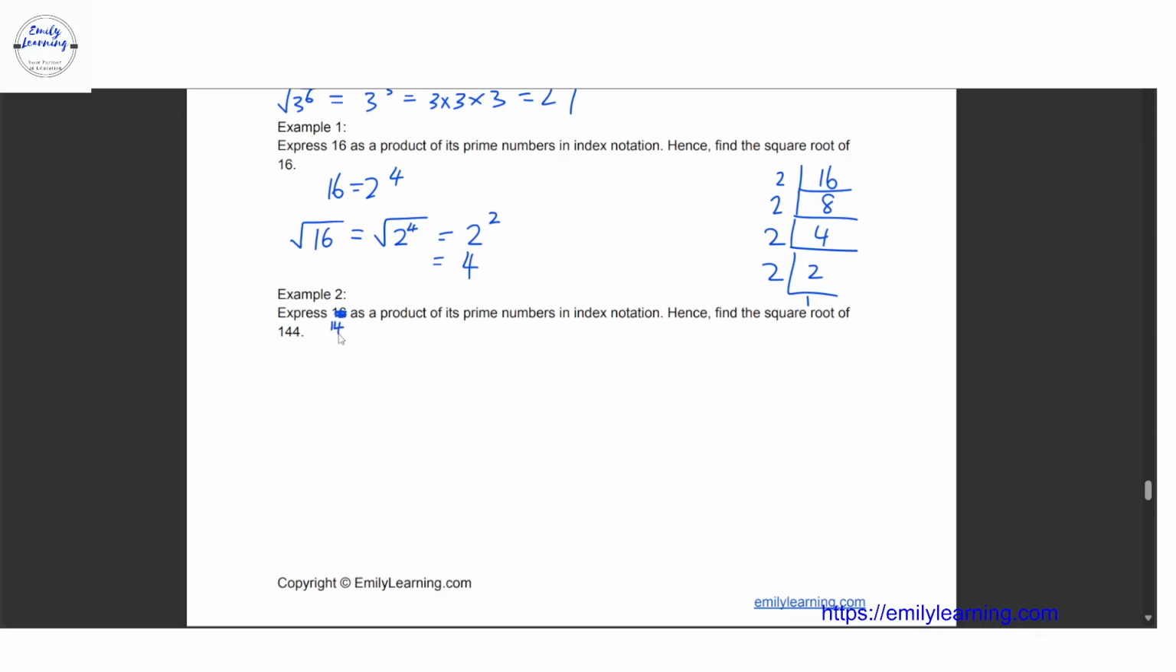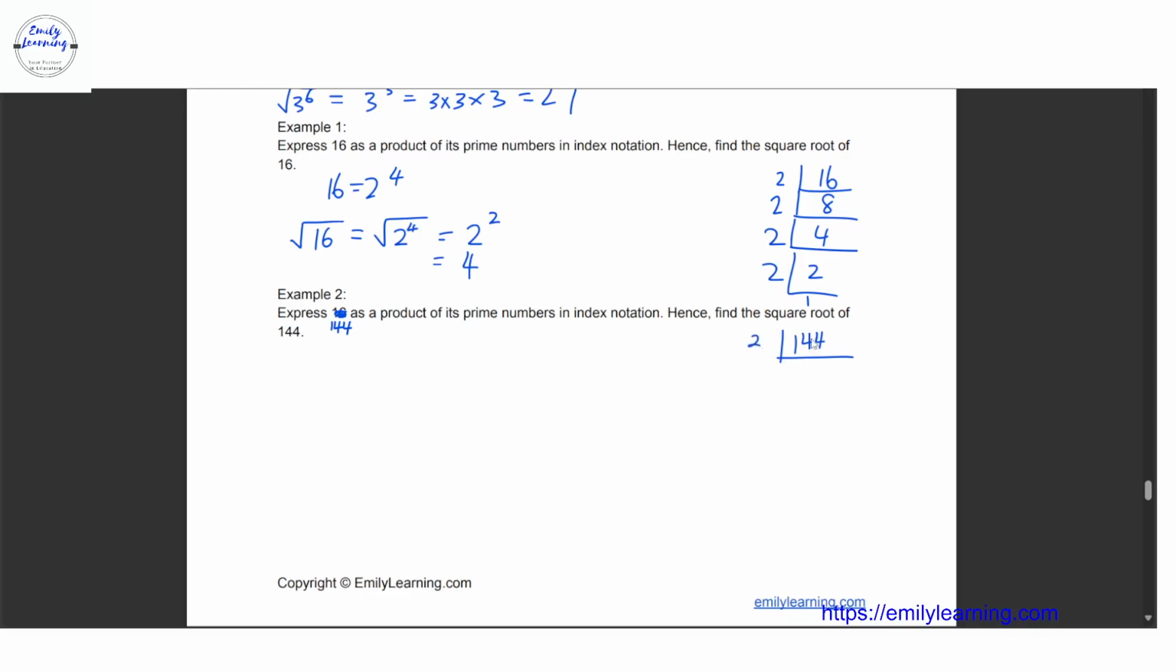There's a typo error. You're asked to express 144 as a product of its prime numbers in index notation and hence find the square root of 144. So let's first start off by writing 144 as a product of its prime numbers